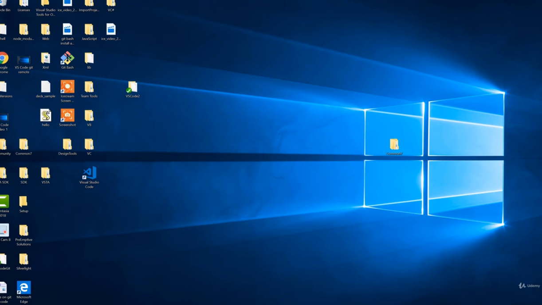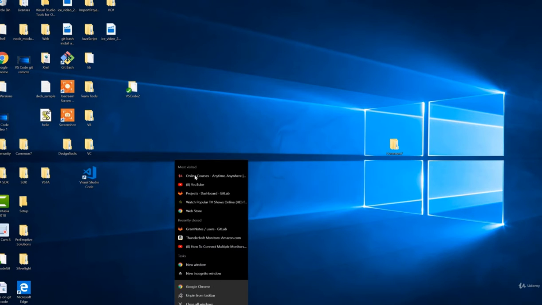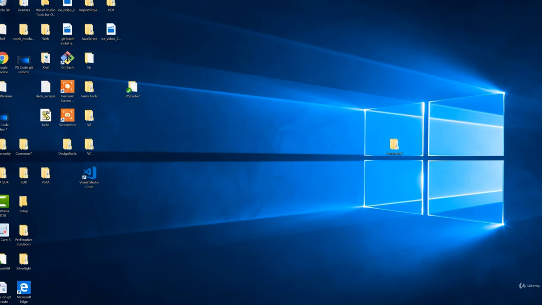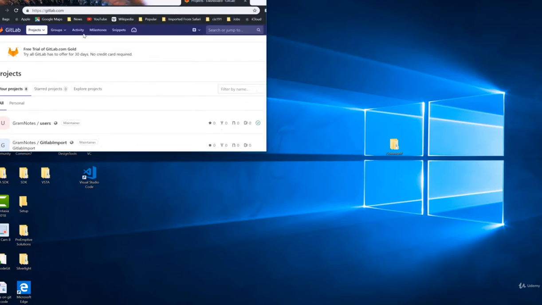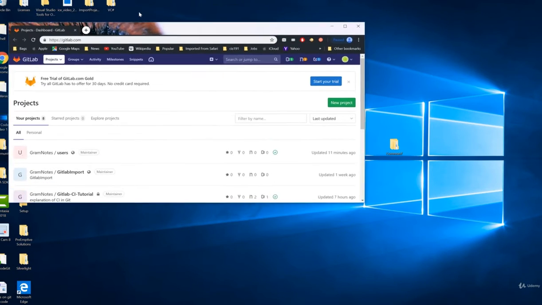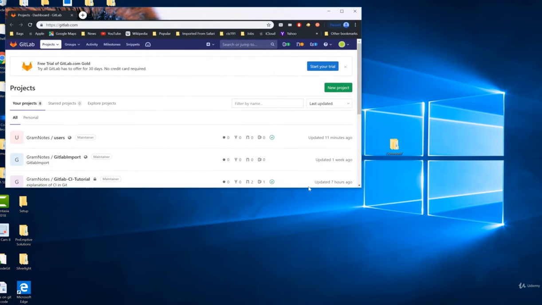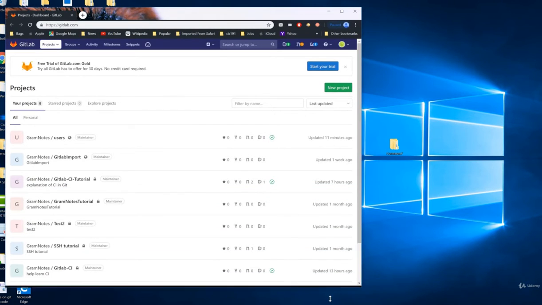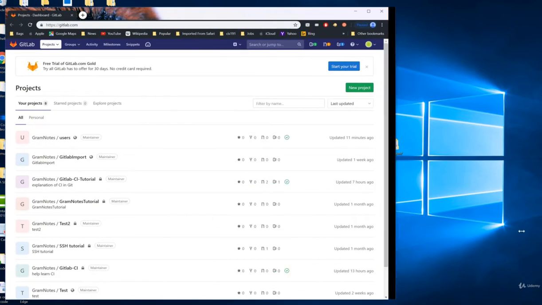Right, time to artificially create a merge conflict to show you guys how powerful Visual Studio is. More than powerful, how convenient it is. So